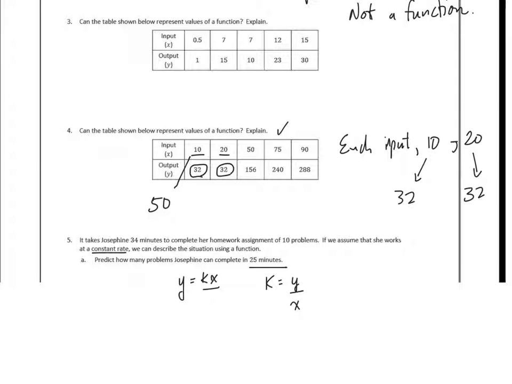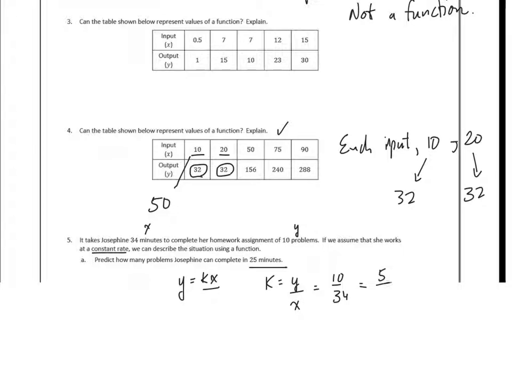In this case, we can make y the number of problems and x the time, which makes sense because the amount of time dictates how many questions she can do. So what we have here is 10 over 34, which we can reduce to